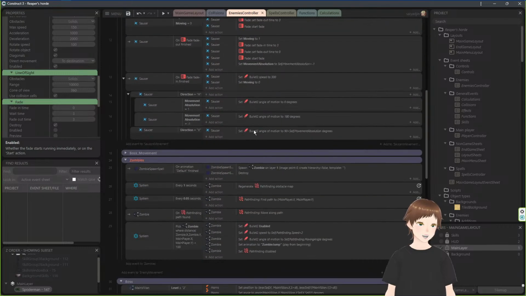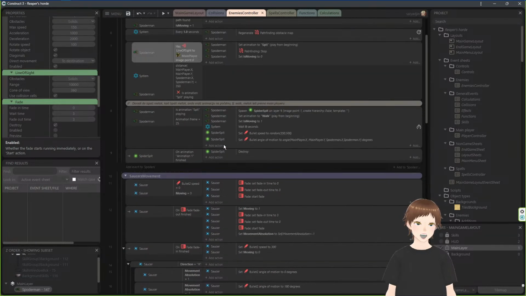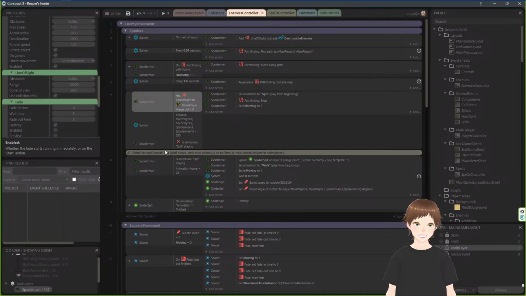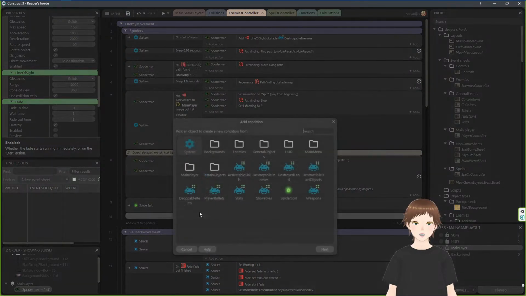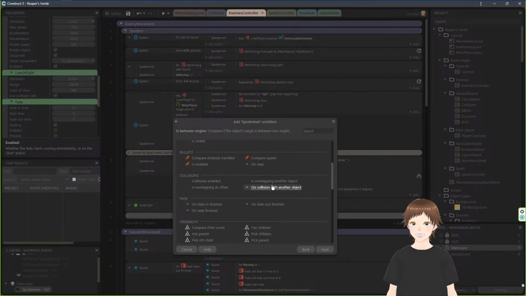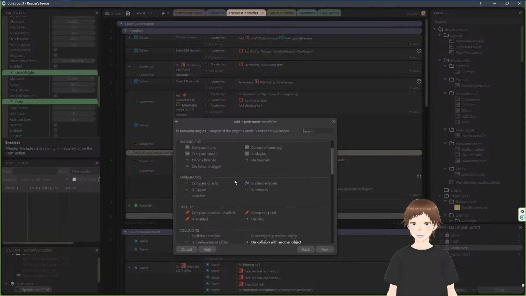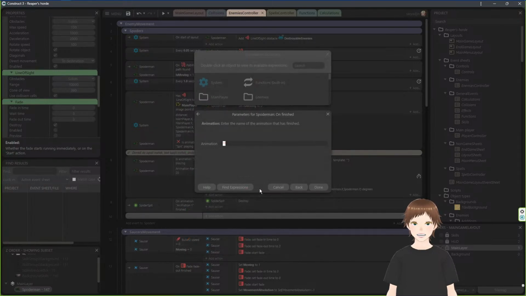I can figure it out. Okay, so let's see. We can add another blank event, and we'll say Spider-Man animation finished. So if animation not any on finished,